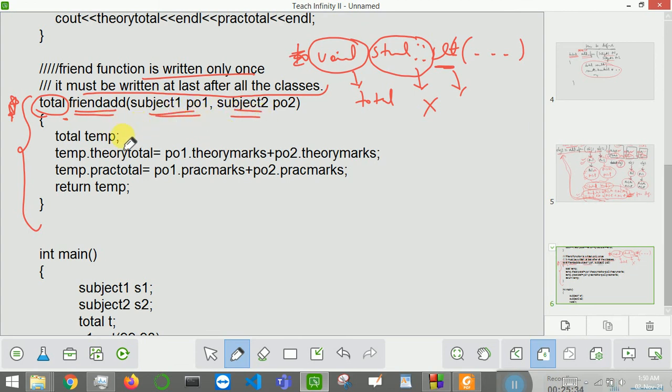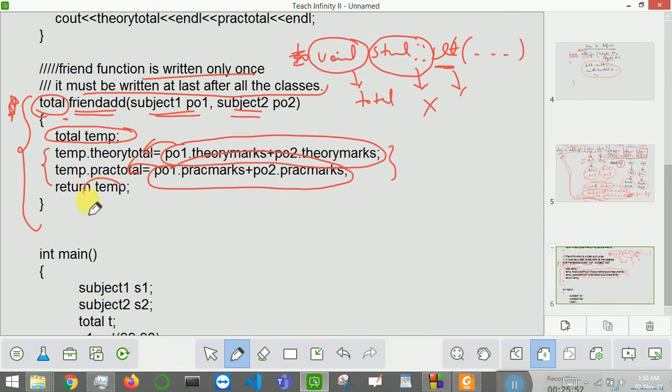Inside the friend function, we have already seen what we have done. We have created a temporary object, then we add the passing object and copy it to the temporary object. Again we add the passing object and copy it to the temporary object, then you will return the temporary object. Okay, so this returning object and this return type should be the same.